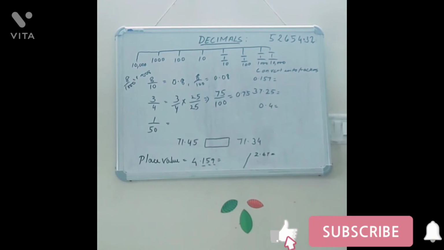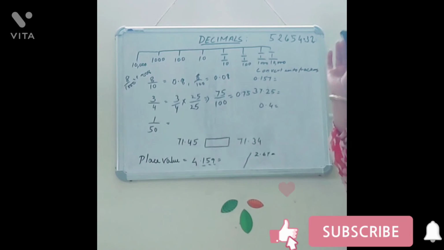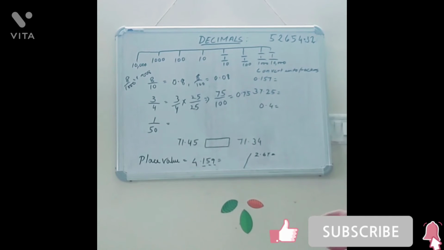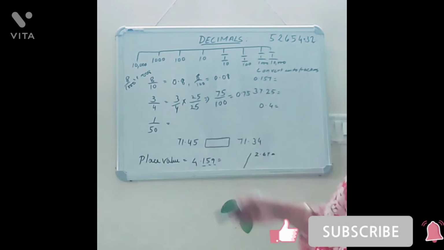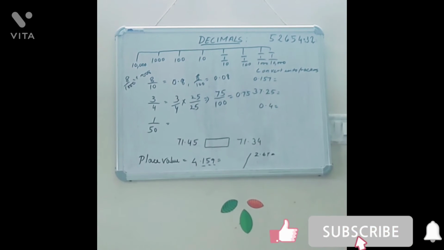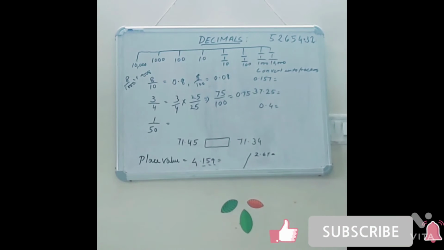There's one more method, that is simple division. If you divide 3 by 4, then you will put a decimal, then you will get a 0. In this way also you can continue. But the easiest method is to convert the denominator into 10, 100, 1000, whichever number is applicable. For 4, we know that 4 twenty-fives are 100, so we multiply the numerator also with that number.